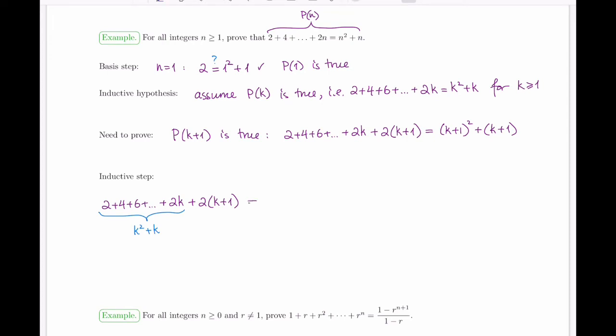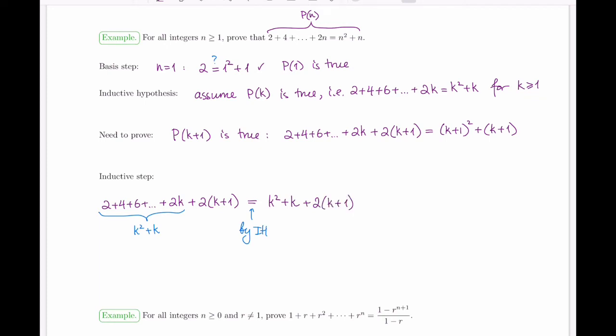Okay, so I can write equals here, and I do have to justify why that's true. That's true by inductive hypothesis. I'm not just taking it out of some random space. This is now k squared plus k, and I have my last, k plus first term still to be added,